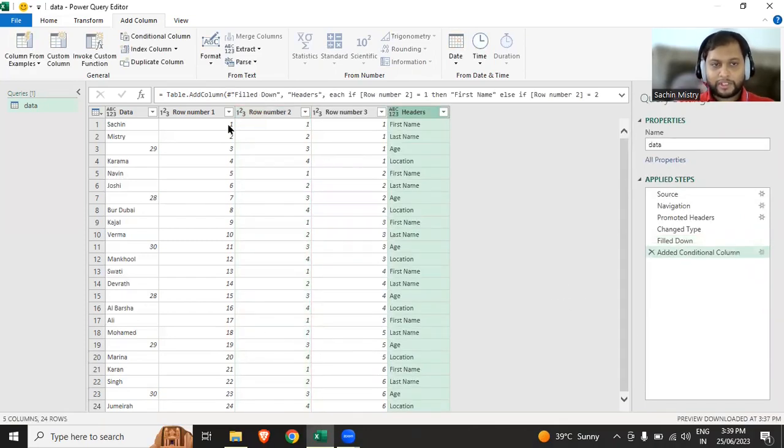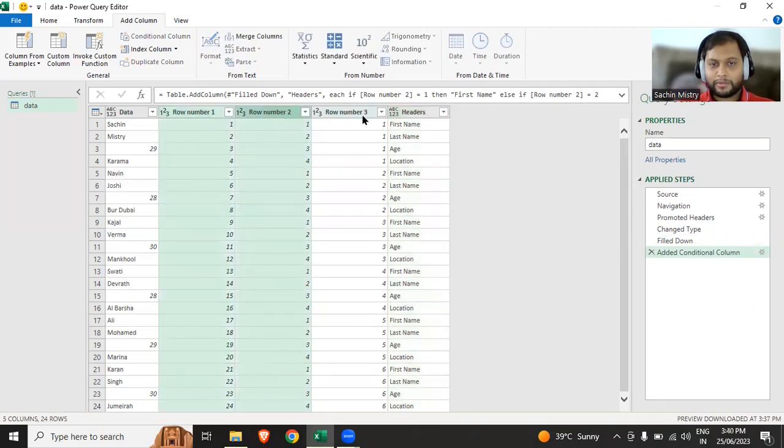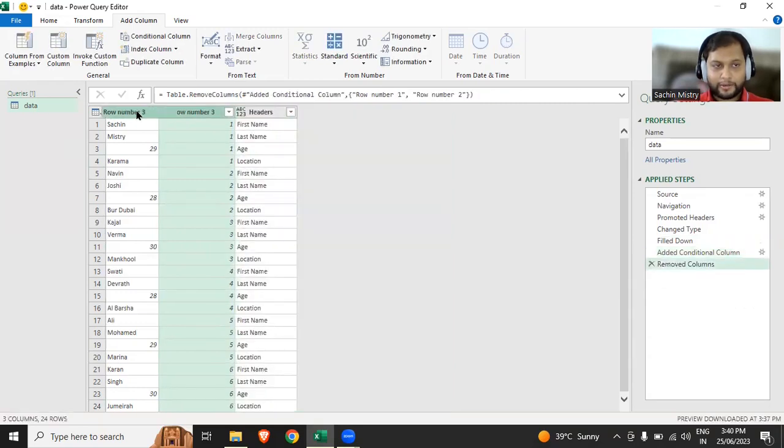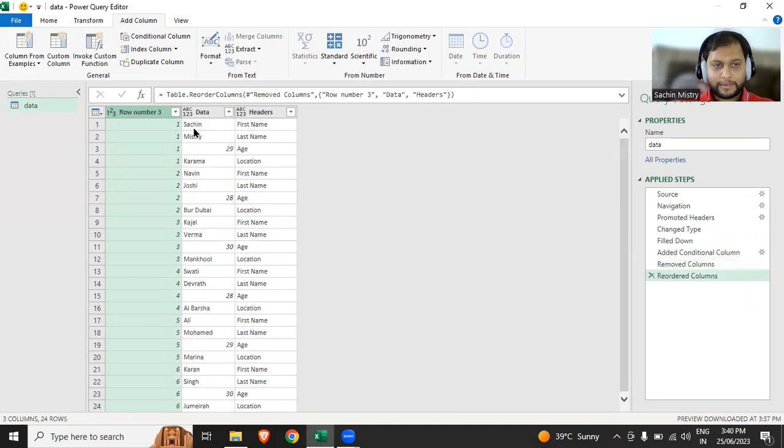Now the only columns which I'll need will be the row number 3, where I have the indexes, the second will be my values, and what is my header. I don't need these two columns, so I'll just remove them and move this over here. So now if you notice, this is a complete table which is normalized, and I want to convert it into